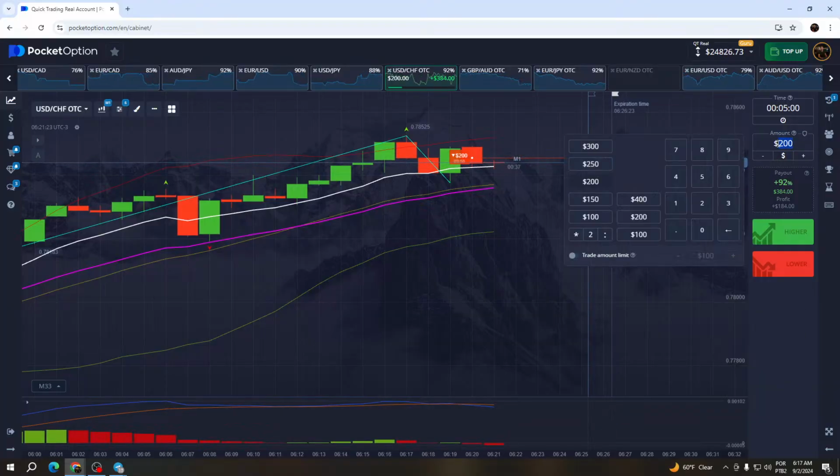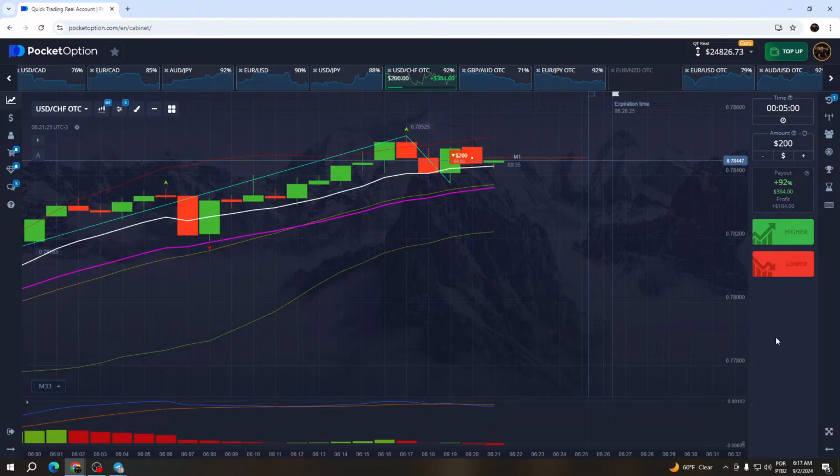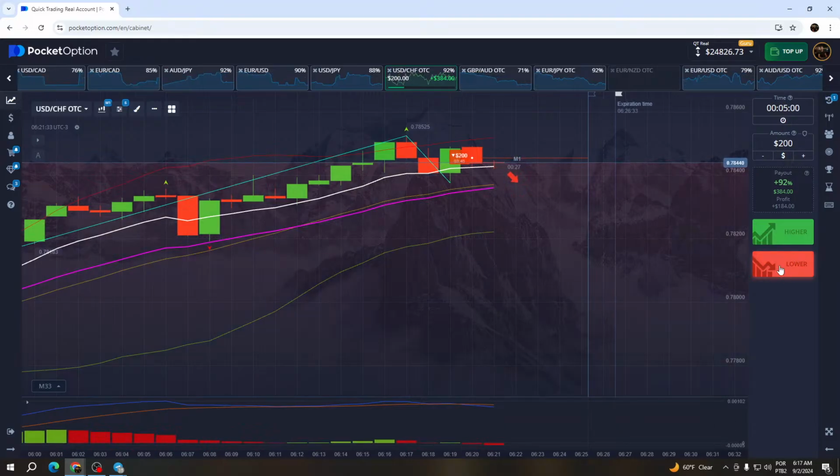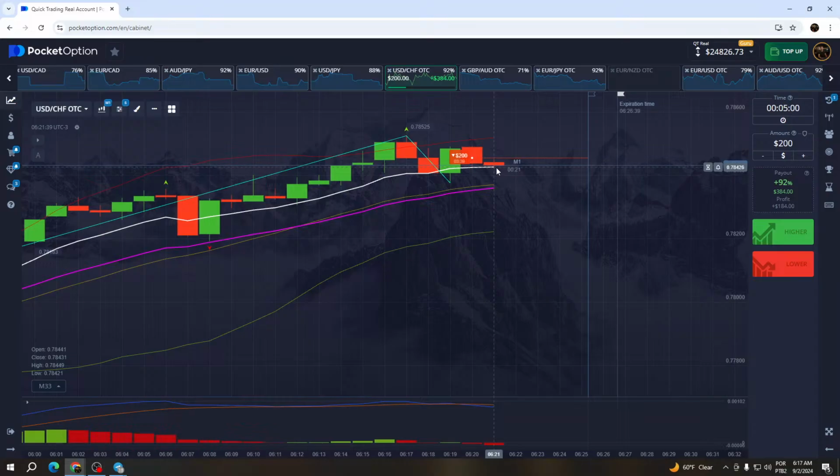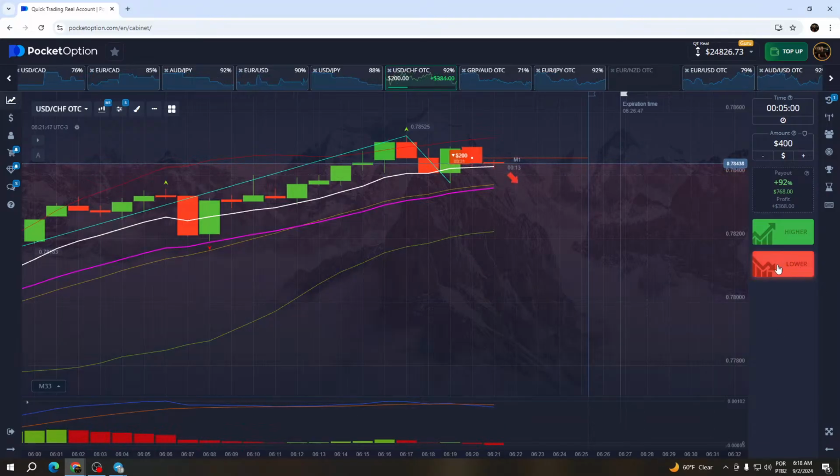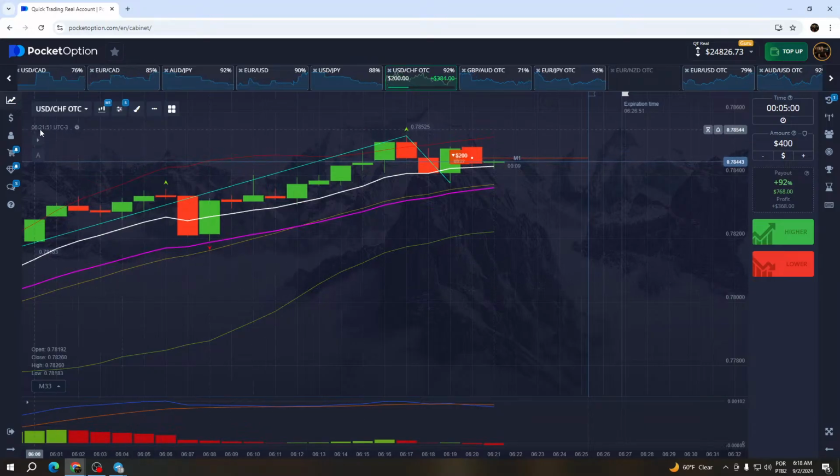So I perform my first entry with 100, and I lost this. I need to double up my amount to 200 and click on the same lower button again, and wait for the results. If I lose this again, I need to double up my amount and use the lower button again for the second martingale.